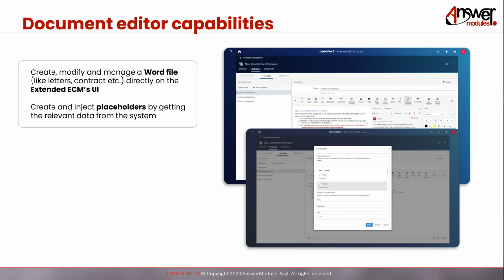This is a solution that allows you to manage end-to-end the life cycle of contracts from creation to approval, negotiation, and archive. Can you move forward to the next slide?